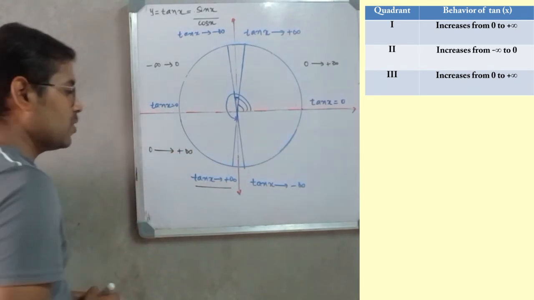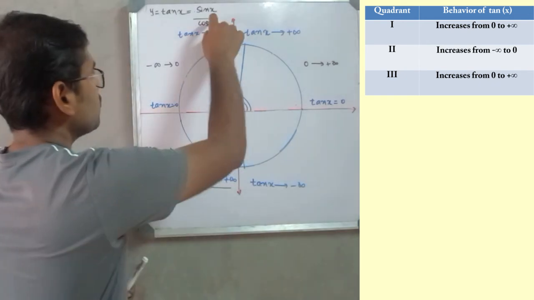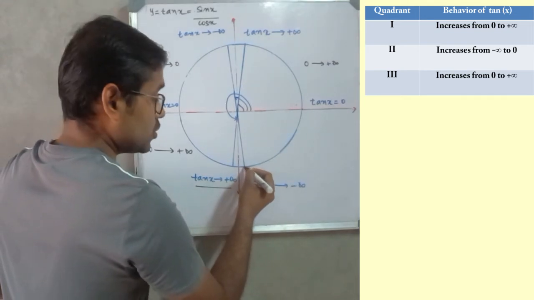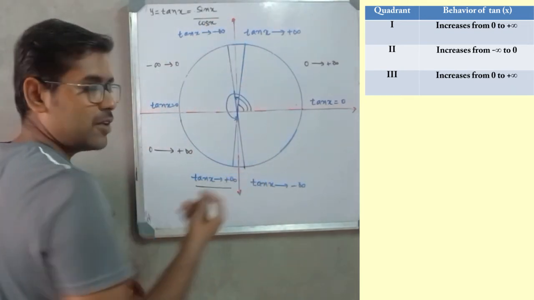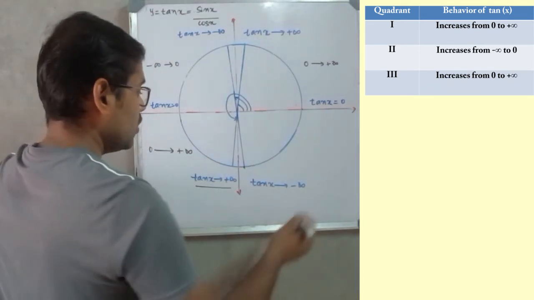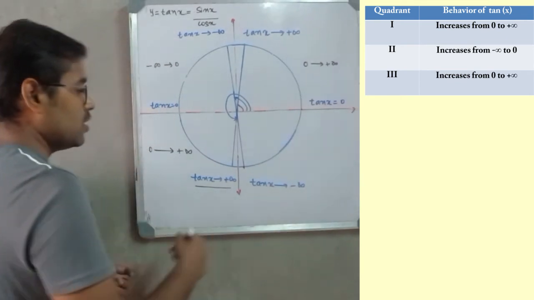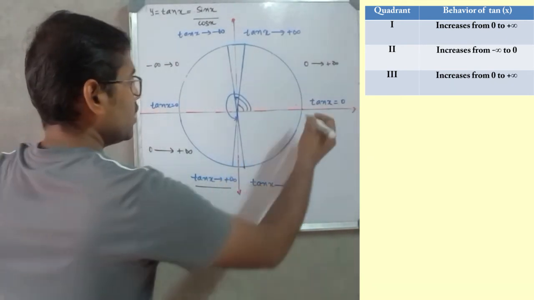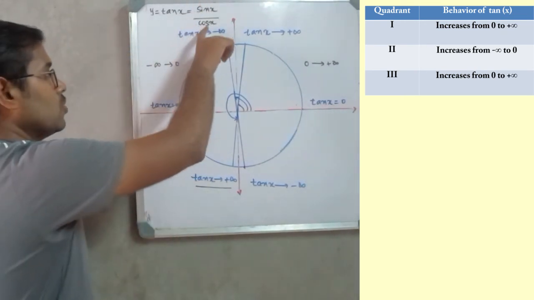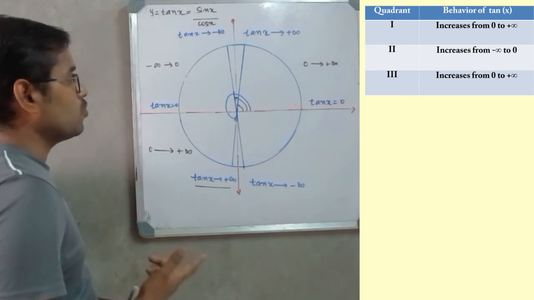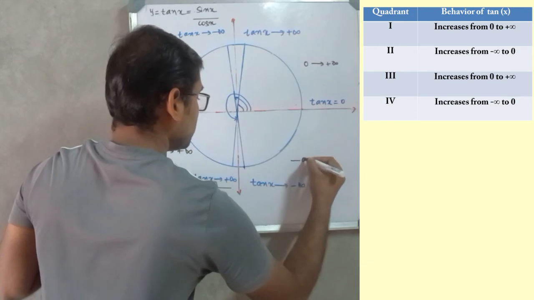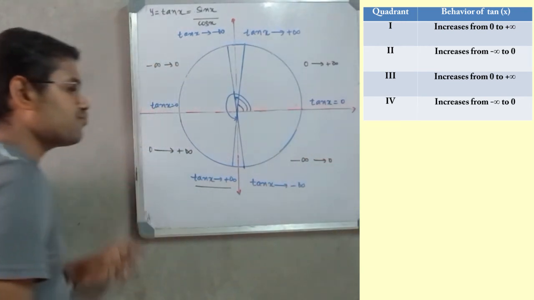So the behavior of tan x in third quadrant is it increases from 0 to very large positive number or towards positive infinity. And in the fourth quadrant, the value of cos x is positive, the value of sin x is negative, but the value of cos x is very near to 0 here. So if it is very near to 0, it will be very small positive number. In that case, the value of tan x overall will be very large negative number, or else I will say tan x tends to negative infinity near this point. And at x is equal to 2 pi, again tan 2 pi will be 0. Why? Sin 2 pi is 0, cos 2 pi is 1. So tan 2 pi is 0. So in the fourth quadrant, it again increases from negative infinity to 0.